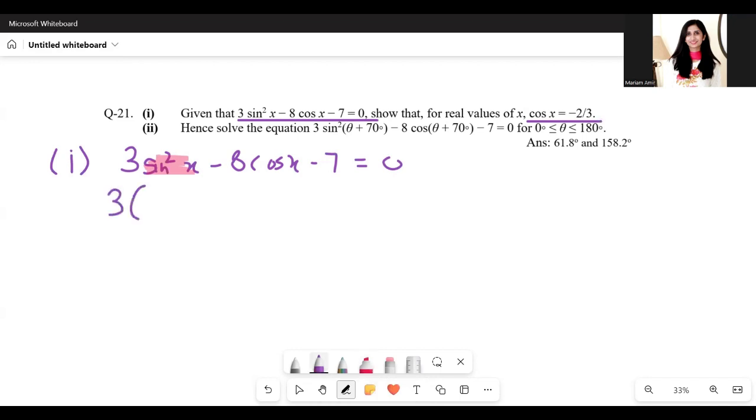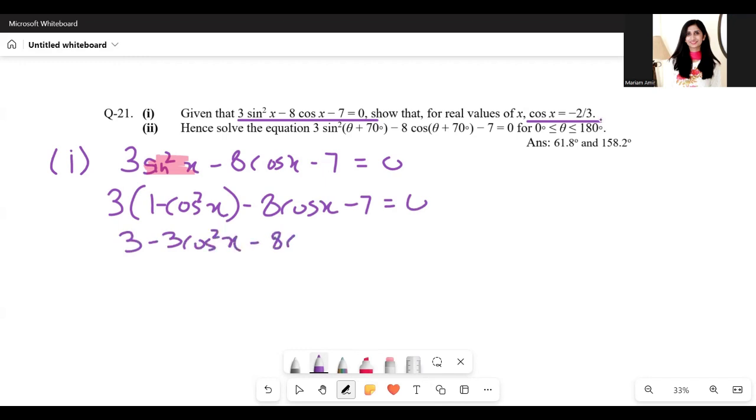So we know that sin squared x is equal to 1 minus cos squared x. Copy the rest. Expand, we get 3 minus 3 cos squared x minus 8 cos x minus 7 equals 0. So I'm moving everything to the other side so that the cos squared term becomes positive. And we have minus 4 here, which goes to the other side, becomes plus 4. Okay, so this is a hidden quadratic equation that we have. We can solve it using, in fact, this is a simple quadratic equation. I'm going to solve this using